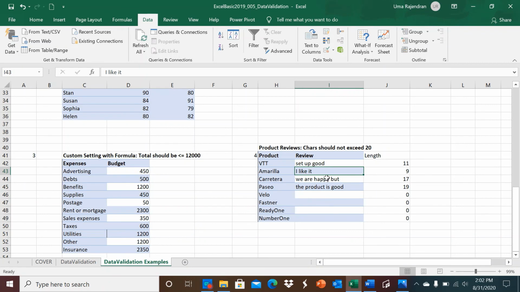So, that's how you set up a data validation criteria for a range using the custom settings and a formula. So, in this tutorial, we just learned the basics of data validation and a few examples with different options and